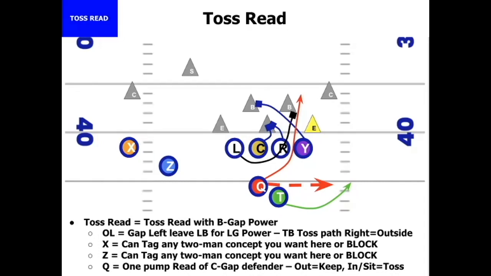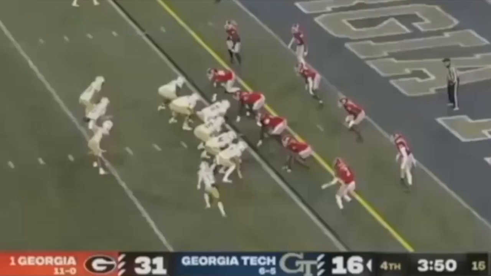All right, now let's take a look at how Georgia Tech ran this play against Georgia from late November of 2023. Okay, so here we go. We've got Georgia Tech and Georgia. Georgia Tech, late game situation, down 2 scores. Short yardage situation at the 5-yard line, 2nd and 2, trying to score a touchdown, cut into the lead here